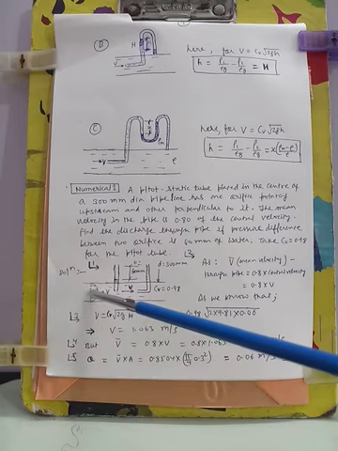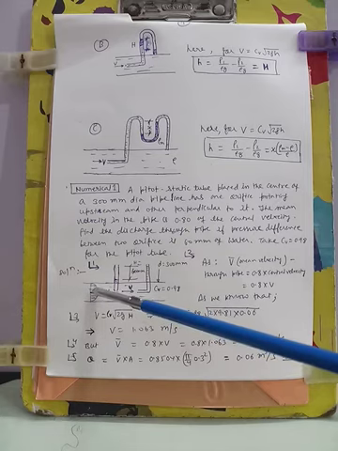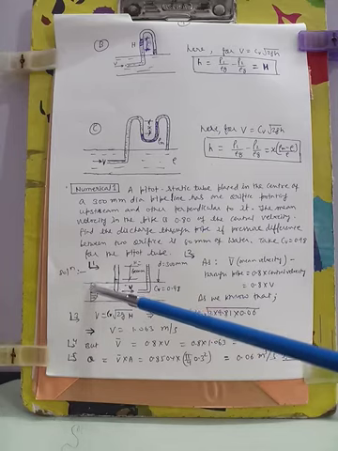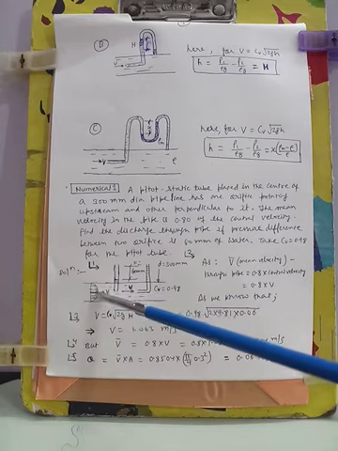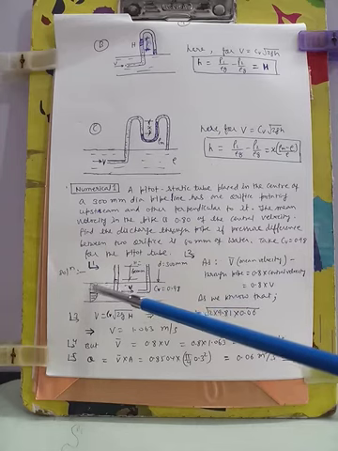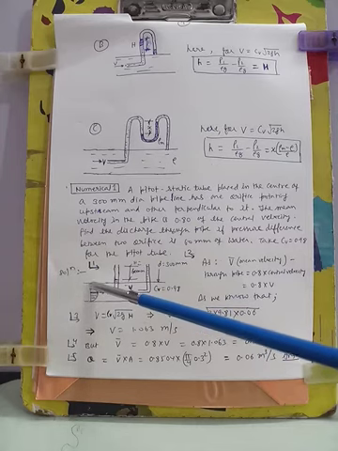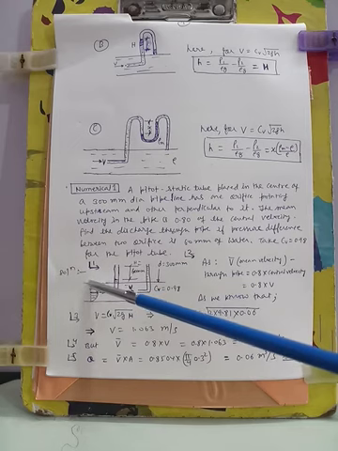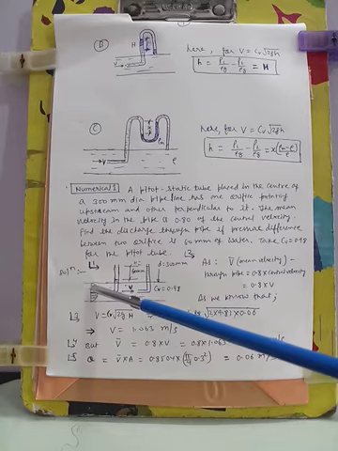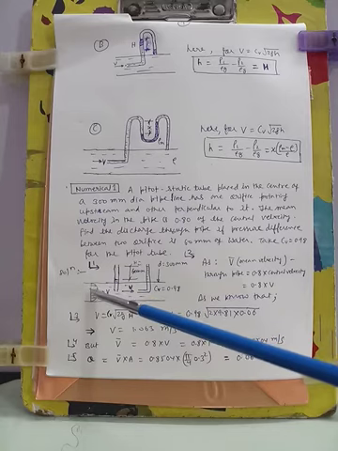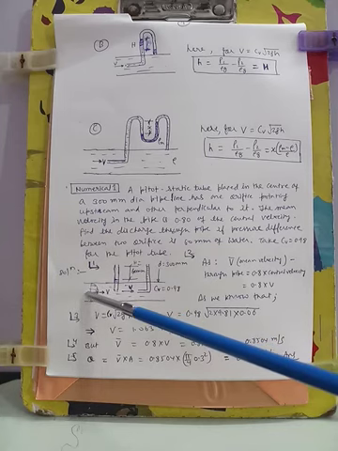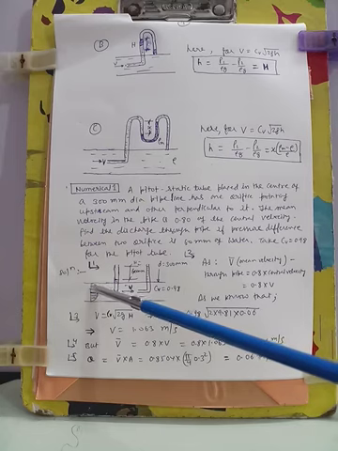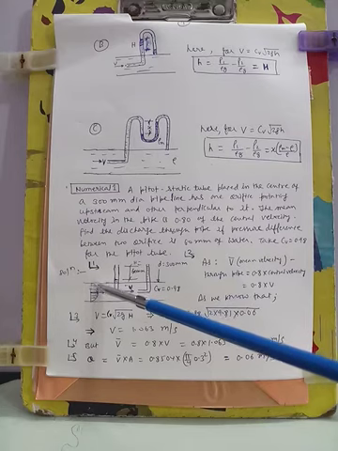Now the mean velocity through the pipe will be 0.8 times the central velocity, because at the center of the pipe there will be maximum velocity, and as we move toward the wall of the pipe, the velocity will continuously reduce, as we know by the concept of surface viscosity, that the layer touching the wall will have minimum velocity, and as we move away from the wall the velocity will be maximum. So here in the pipe the pattern of the velocity will be like this. This is the maximum velocity at the center, and slowly the velocity will be reduced in different layers, and near the wall of the pipe the velocity will be lowest. So this is the pattern of the velocity.